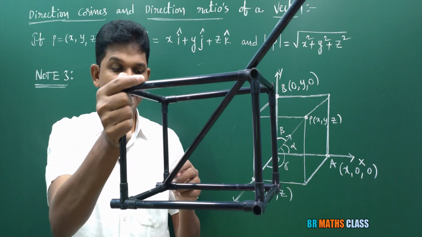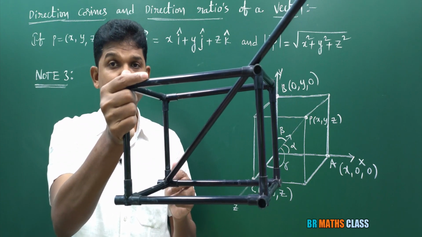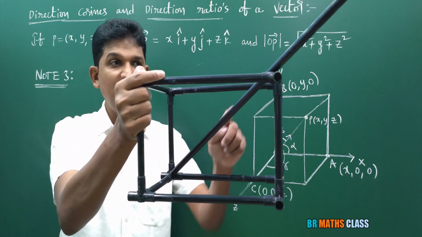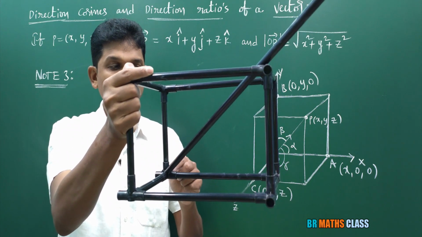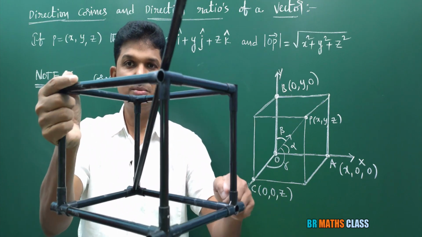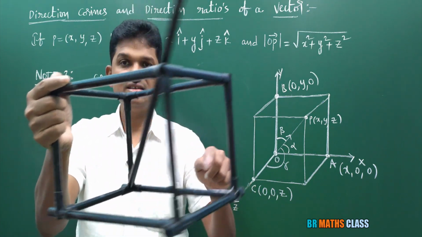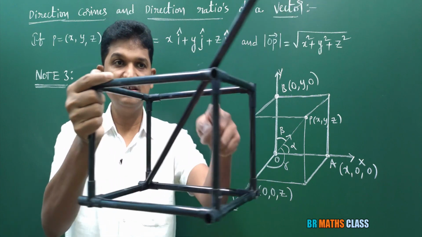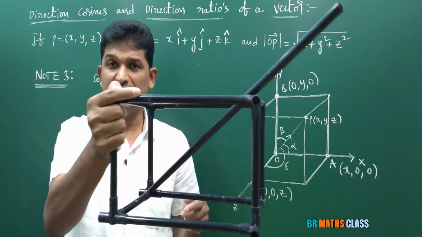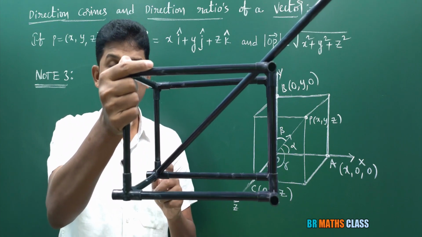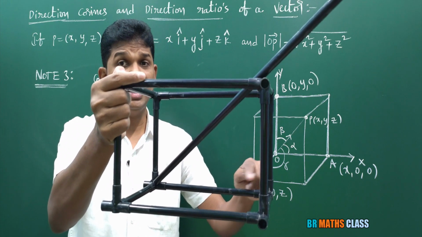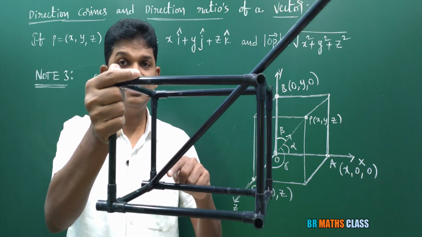You observe this diagram carefully. The triangle OAP forms a right angle triangle. This is O, this is A, this is point P. Observe this carefully. OAP. AP will come like this. I hope you are understanding. What I am trying to say is, if you observe this diagram carefully, the triangle OAP forms a right angle triangle. It is right angle at this point. And this is alpha.